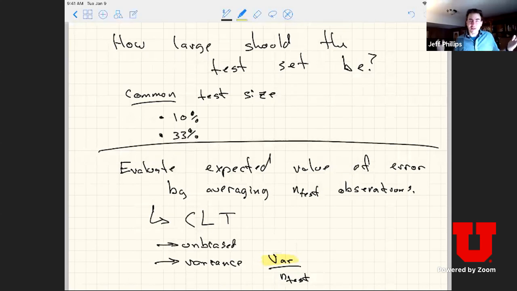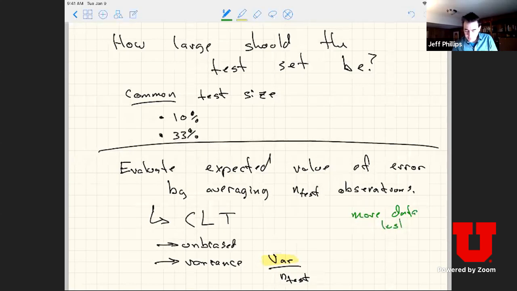And yeah, 10 and 33% are pretty reasonable values if you have lots of data, but where it falls in there? Generally, as you get more data, if the variance doesn't grow, the number of points you need in the test set stays the same. So you can use a smaller percentage of it. But as your data gets smaller, you might need to hold out more data to get a good sort of evaluation.